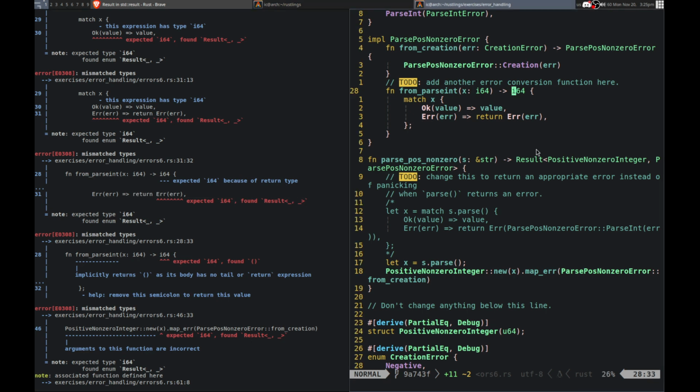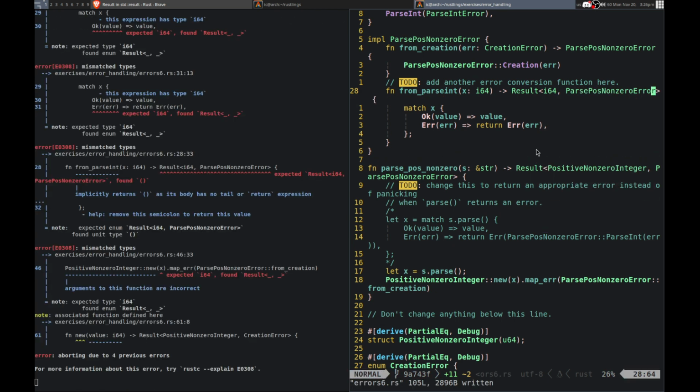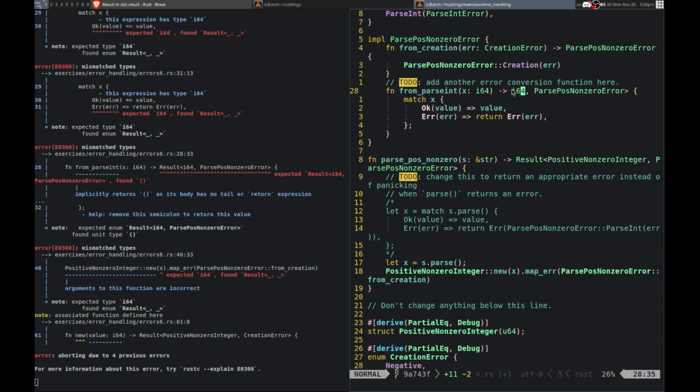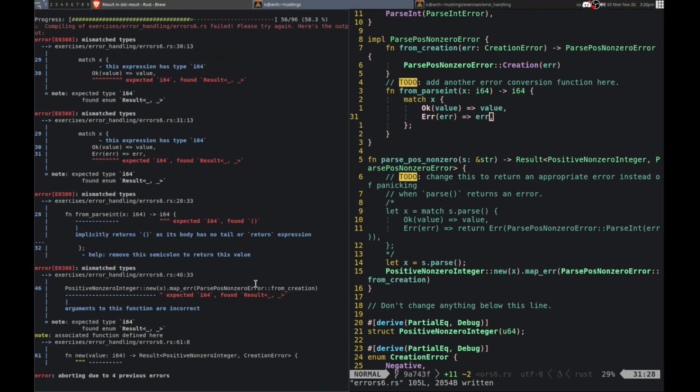So this could return a result as well. But I feel like that's not right. But then we have to match it again. So that really kind of defeats the whole purpose. Yeah, I'm not sure how to do this. Let me get rid of this. Okay. Map error